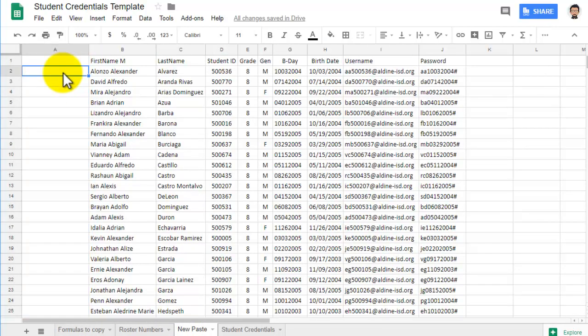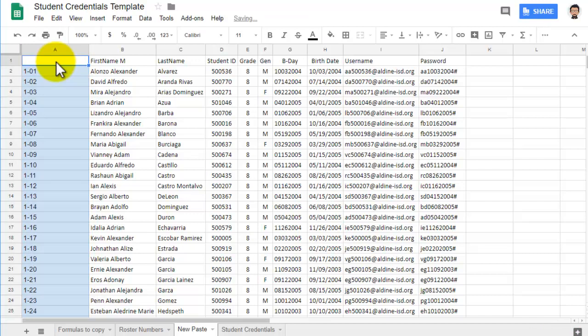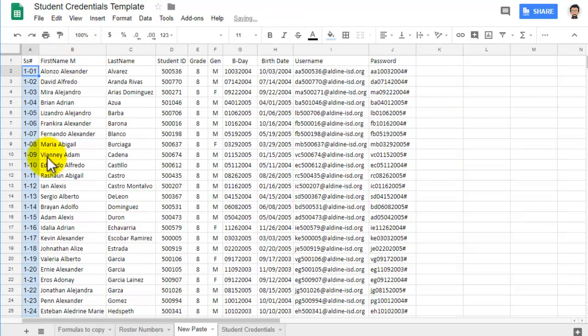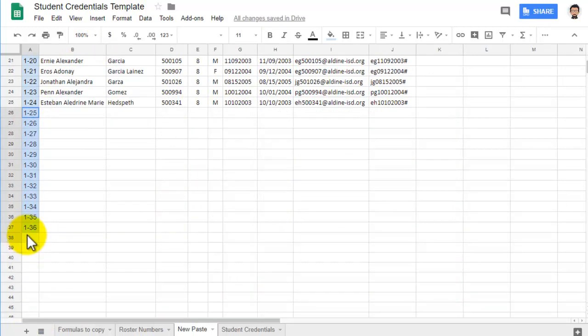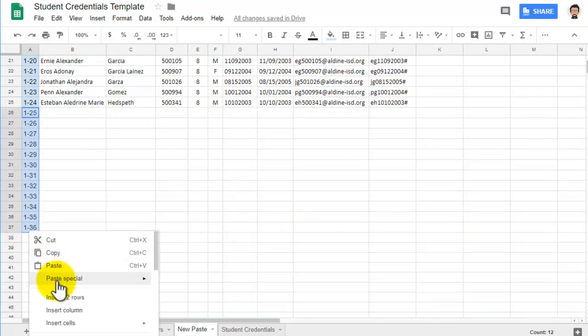Let's start with this one. We call that roster, or sometimes just student numbers. And just make sure the last person in that row gets